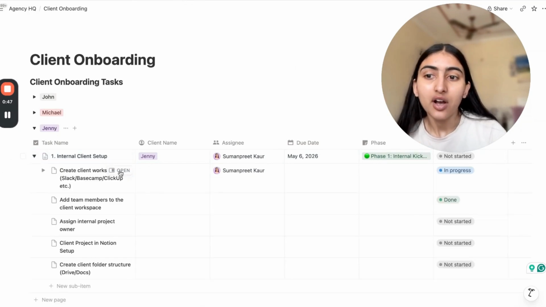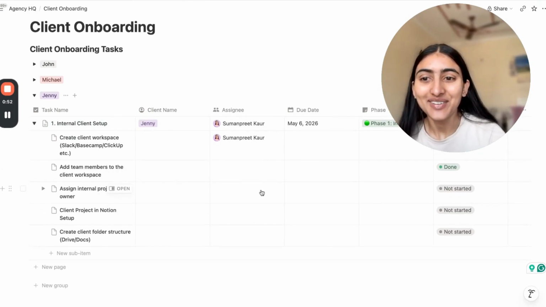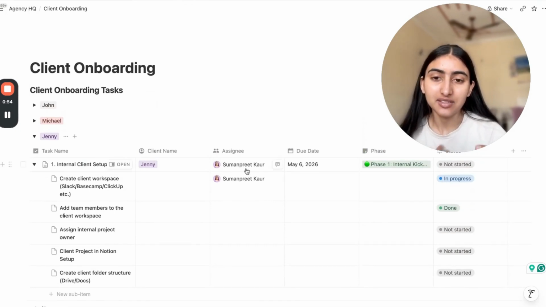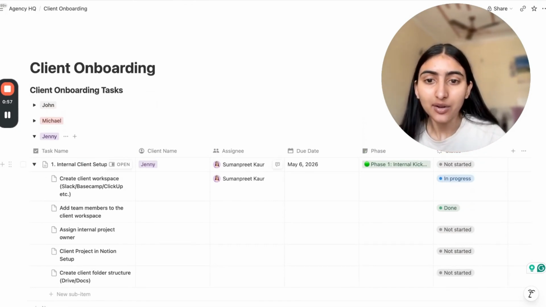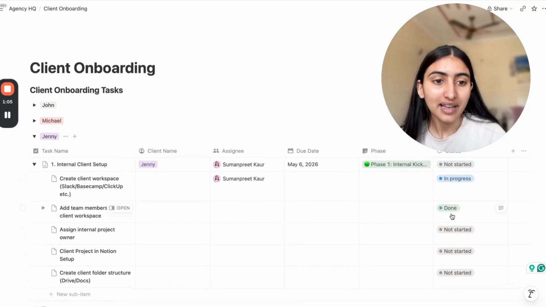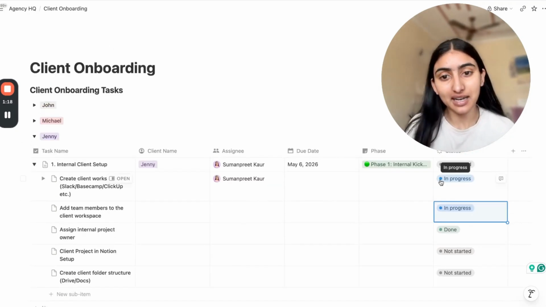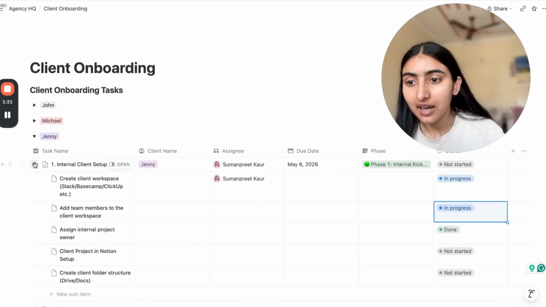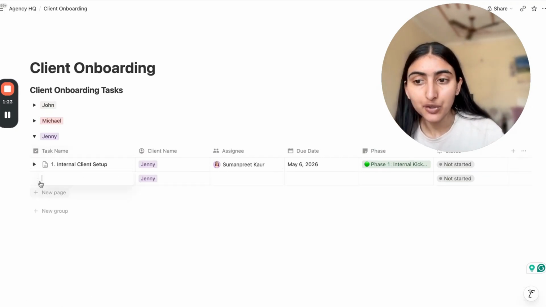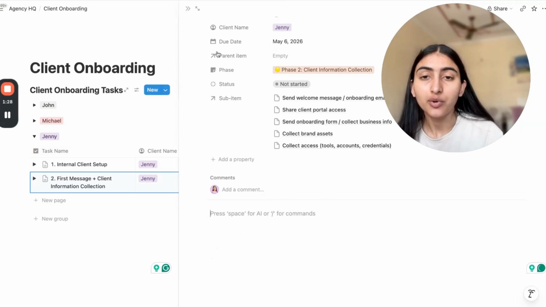And the best part is that all the subtasks are included here. Wow, that's really nice. Let's say here I am the assignee. So I know that Sumanpreet Kaur has it due today. So I am supposed to finish all the subtasks here today, and I can mark the status as I need to. Okay, the very first task with all the tracking, and now I'll go inside the new page and go to the second onboarding step.